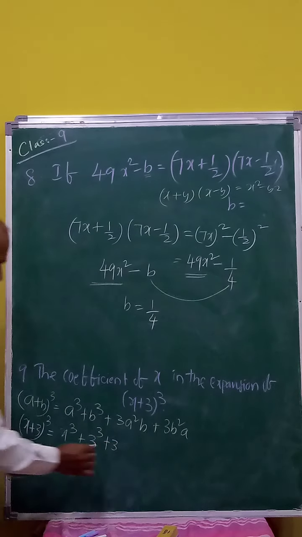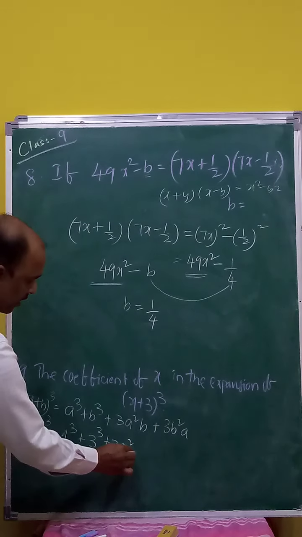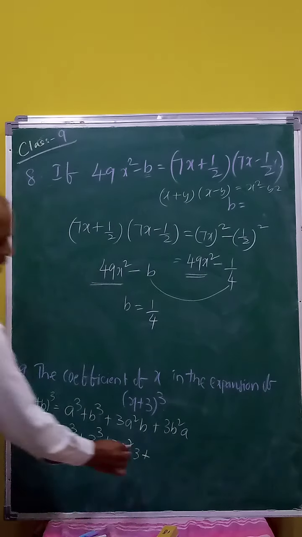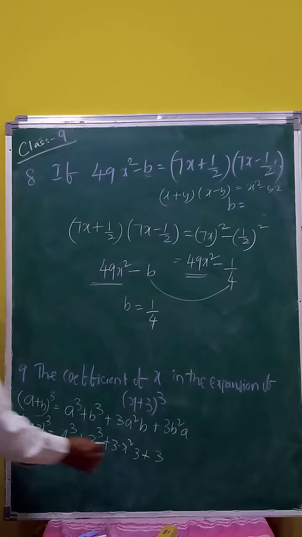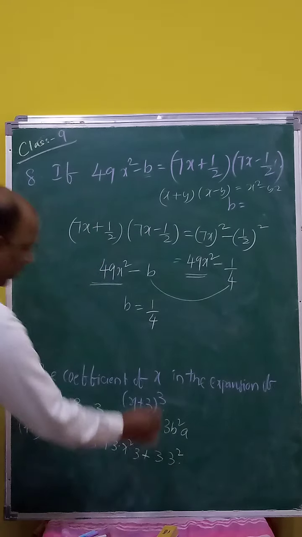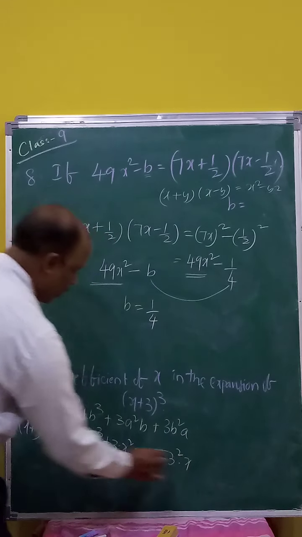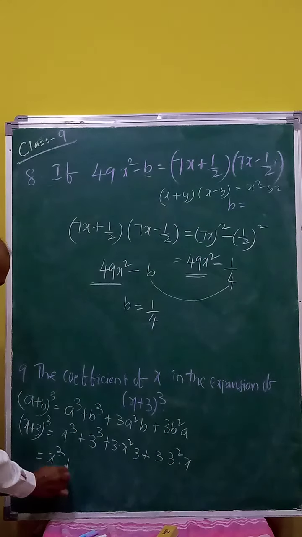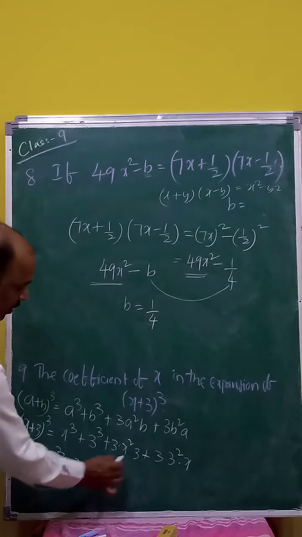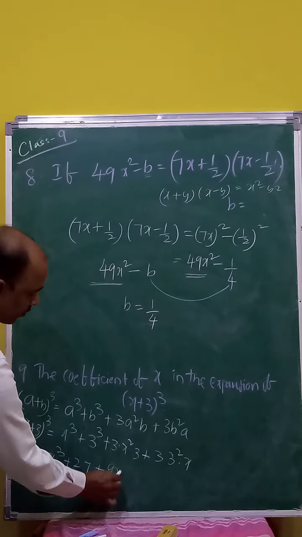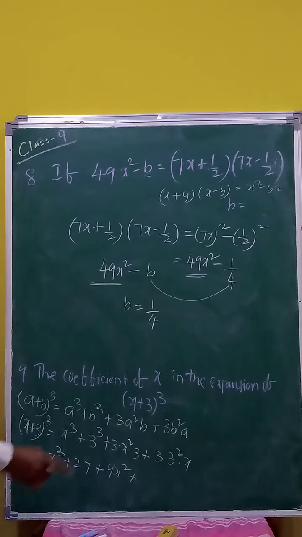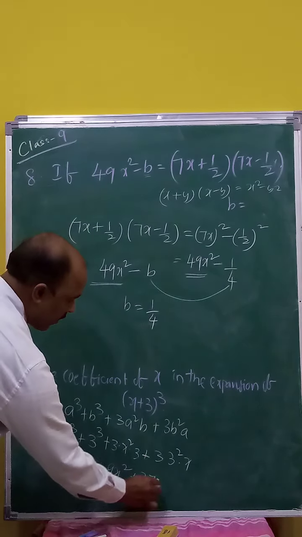3 into a square is what is here? X square. 3 into x square, b value is what is 3 plus 3b square. B square again 3 square into a is what is here? X. Okay, x cube no change. And here 3 cube is what is? 3 3s are 9, 9 3s are 27. And next 3 3s are 9x square plus last term 3 square, first 3 square value 9, 9 3s are 27x.